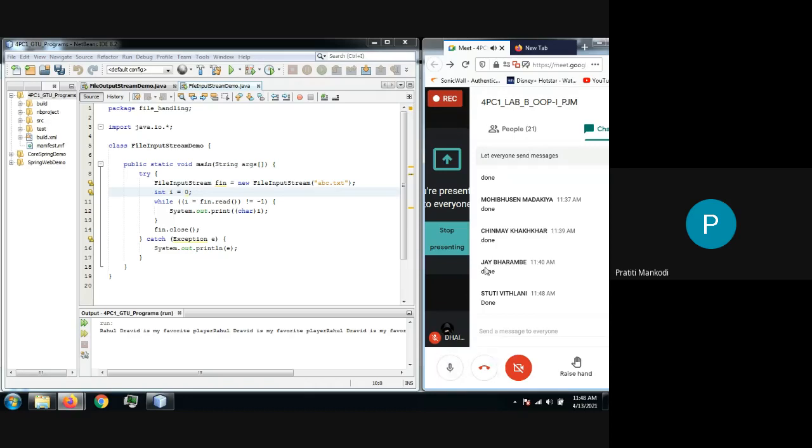Very good, Stuti. Are you able to read the content? Try with that exception as well. Try to read a file which does not exist. You delete the file manually and see whether you are getting the exception. Very good, Deep.